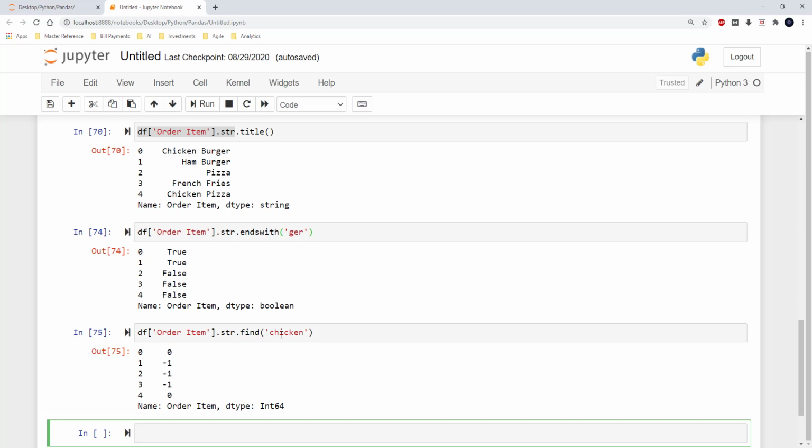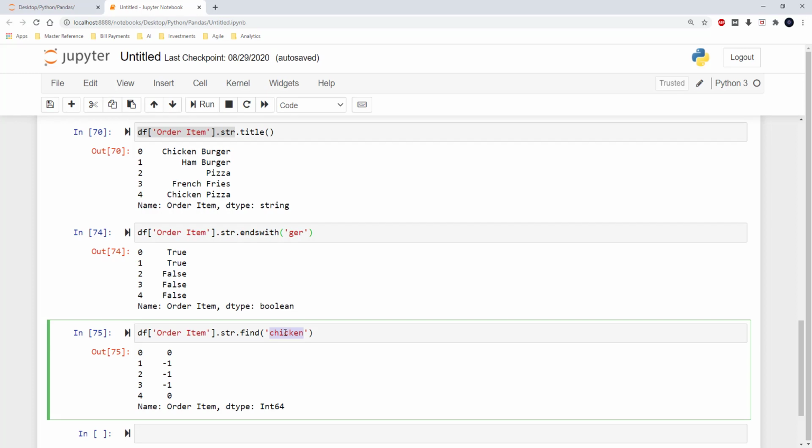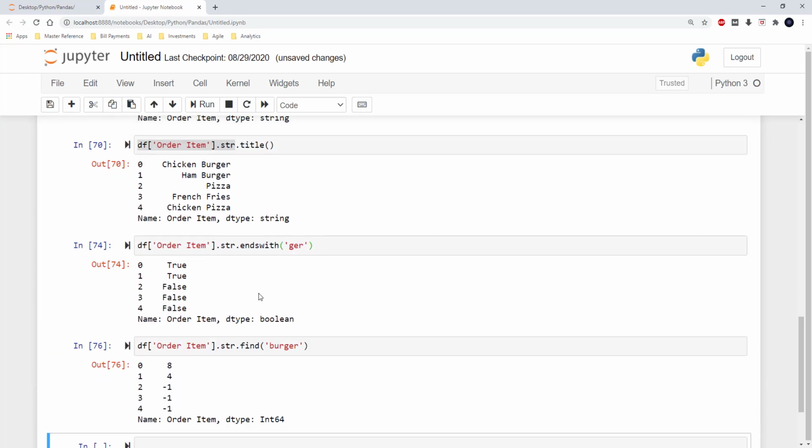So I can also just find for burger, and when I run this, you can see that the output is 8, 4 and -1, -1, -1. So the burger here in the first value starts in position 8.